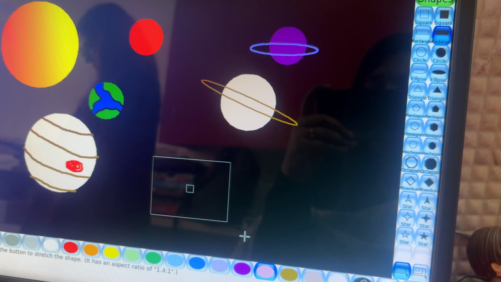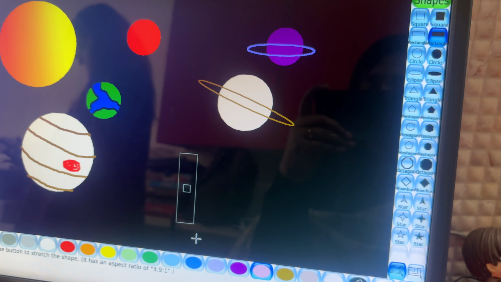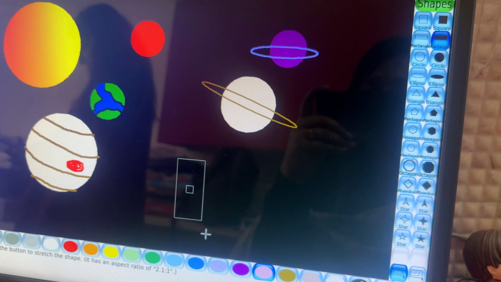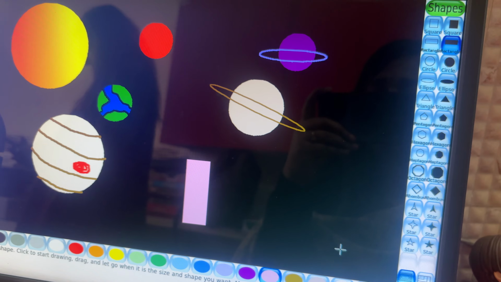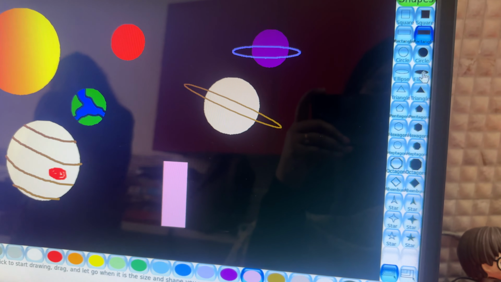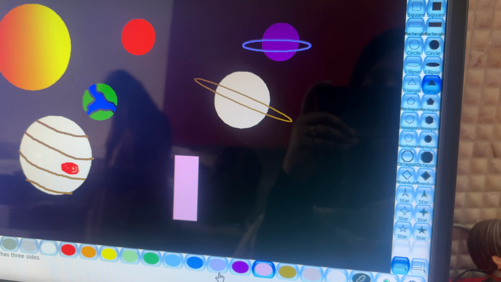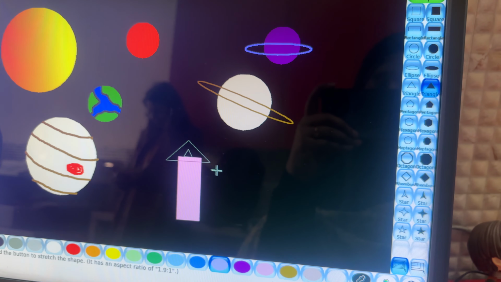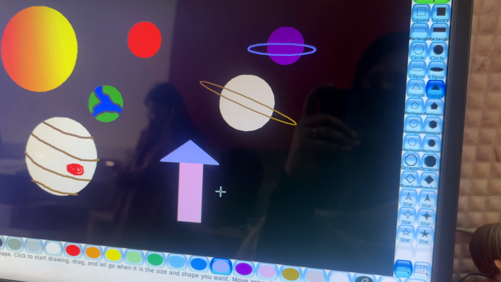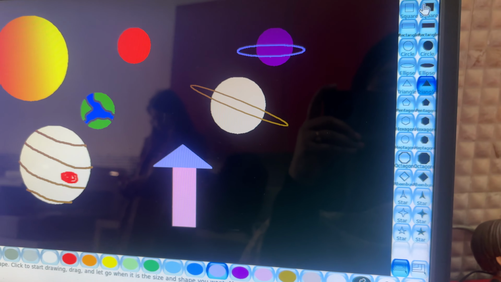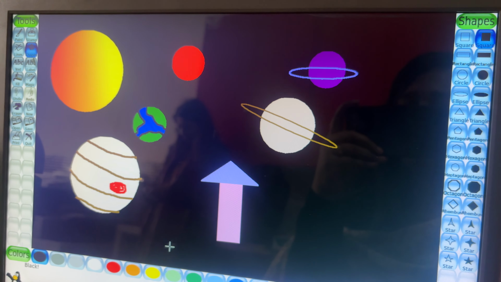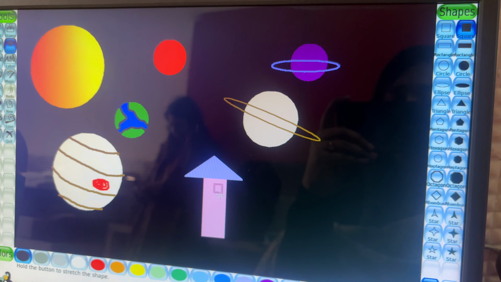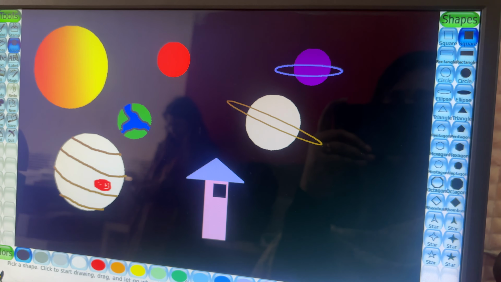Make the rectangle not too wide, but slightly on the elongated thin side, and like this it is complete. Then you take the triangle shape and complete the rocket on top. For fun, when we were doing it in class, the children wanted to add a small window. So we did that for the rocket.